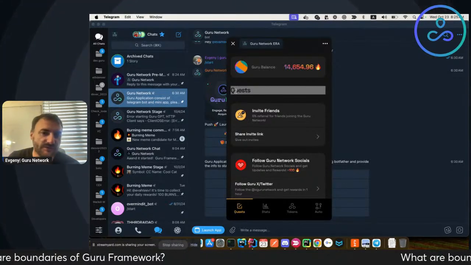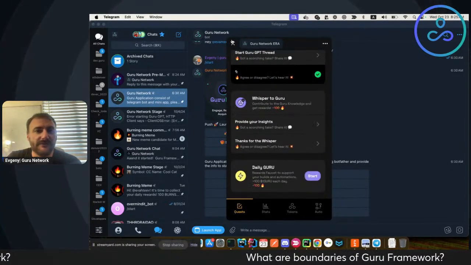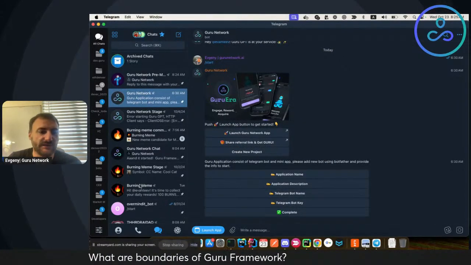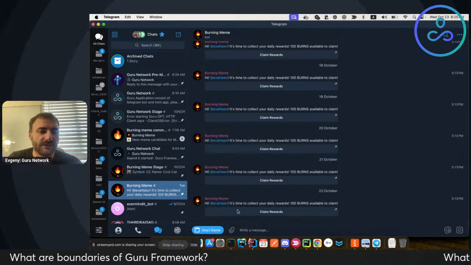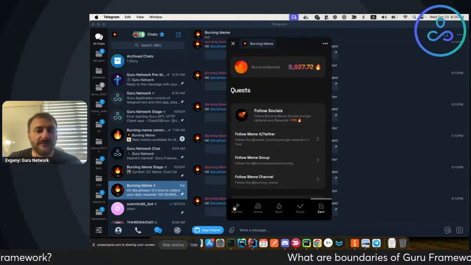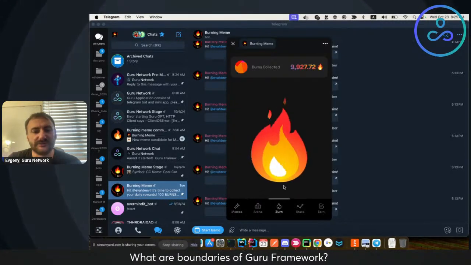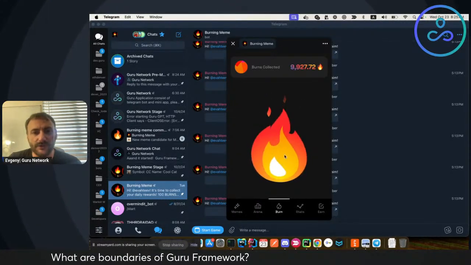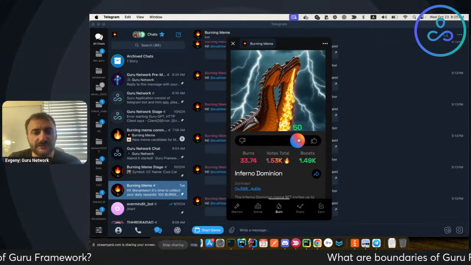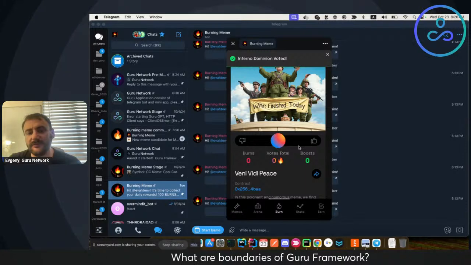No matter how you call it, and then you can have even custom designs and interface, and that's actually where you would need more developer manpower. So if you want something like a custom interface for voting, like there is in Burning Meme, that's actually where you would need some knowledge in front end development and so on.